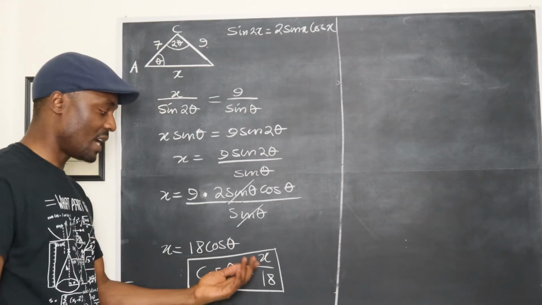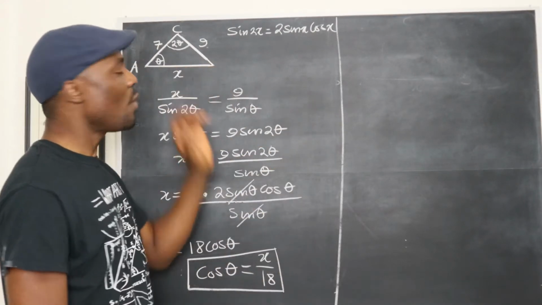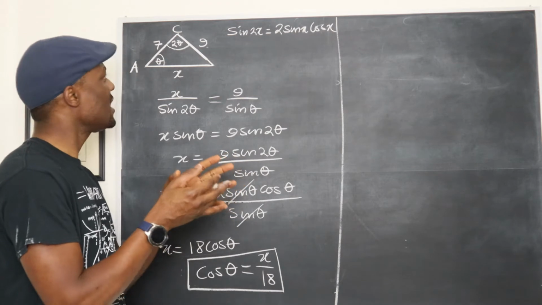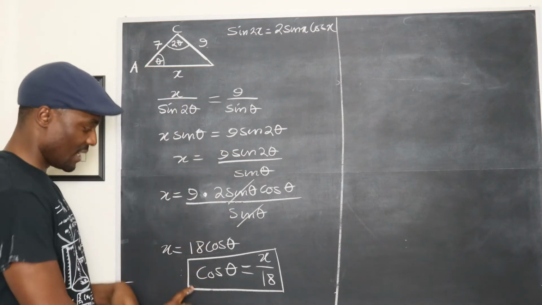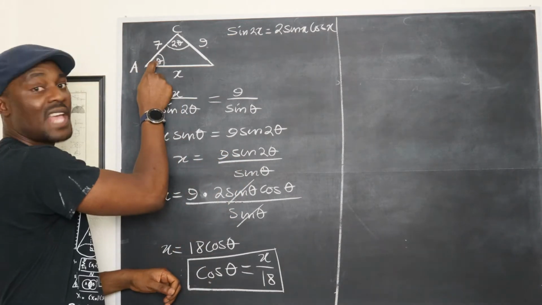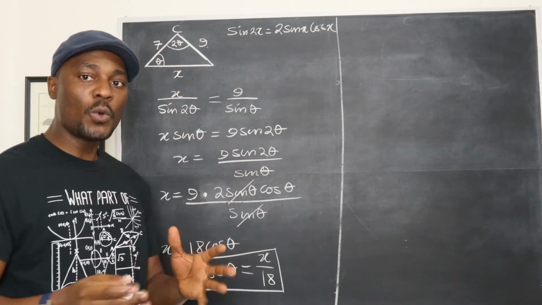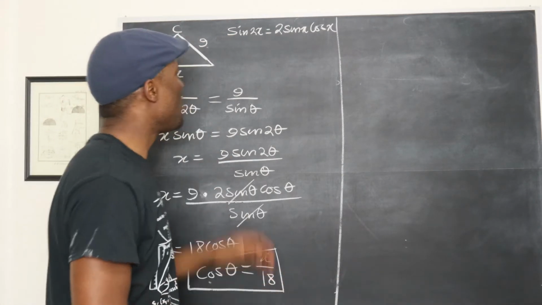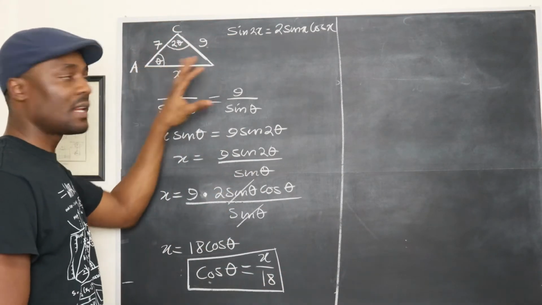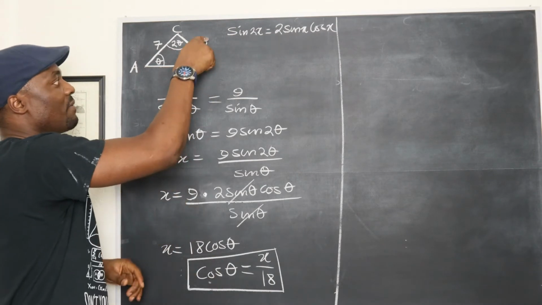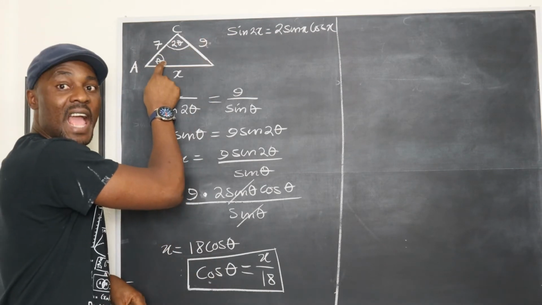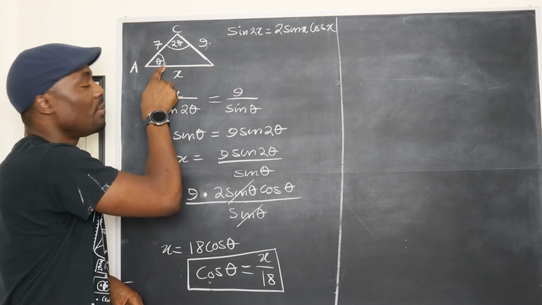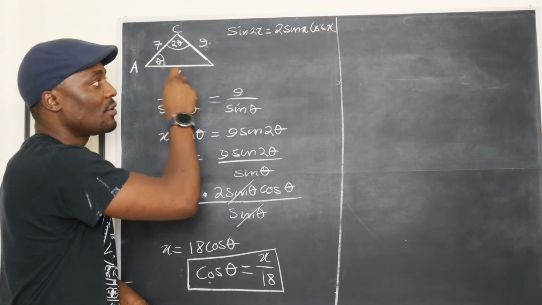So this is cosine theta is x over 18. Now we want to go back and see how we can find this angle, since that's what we have. Let's just focus on this angle. Okay? So the cosine rule tells us that when you have a triangle like this, and you want to find the side opposite the angle, all you have to do, let's